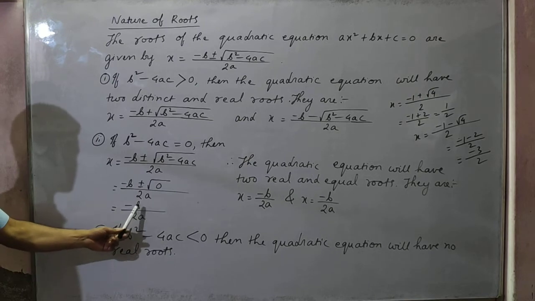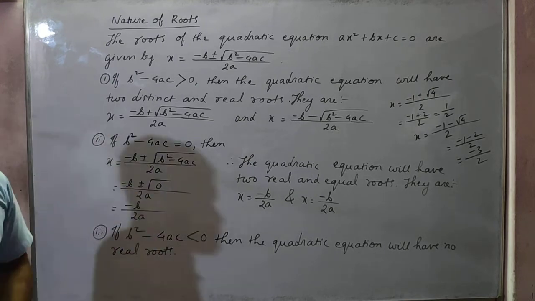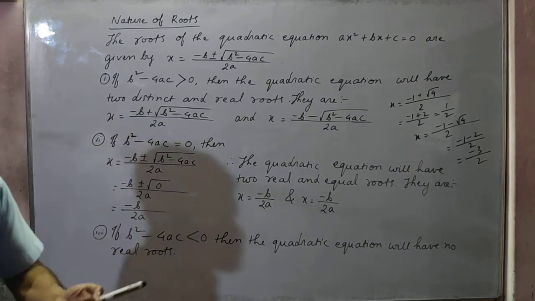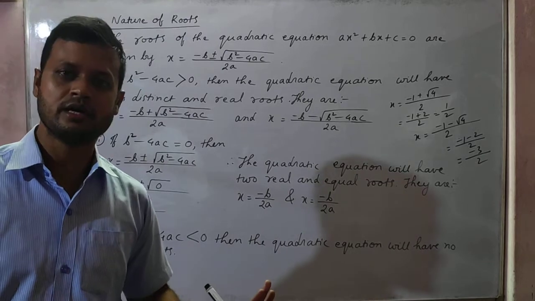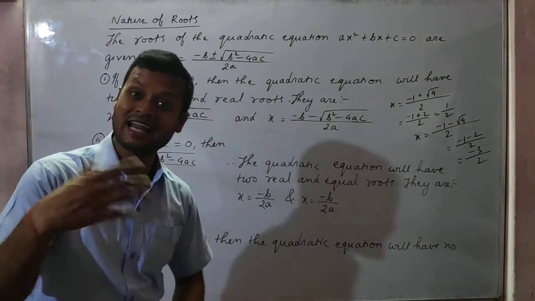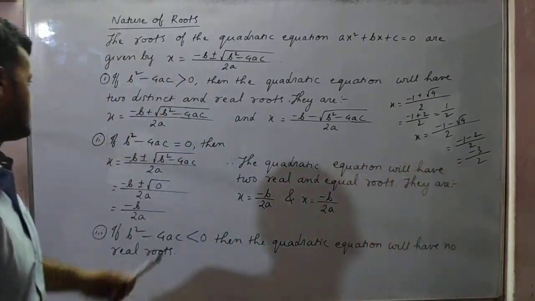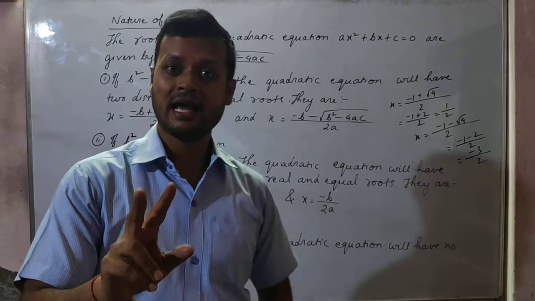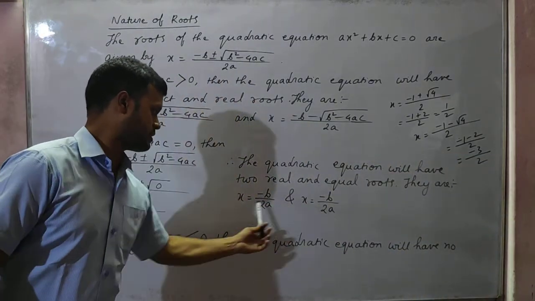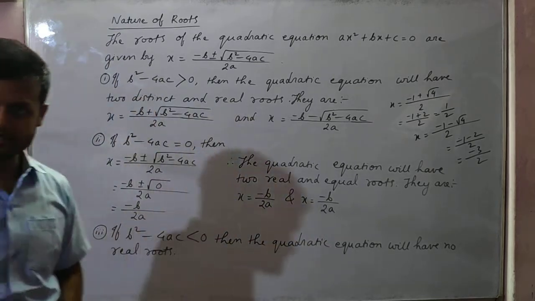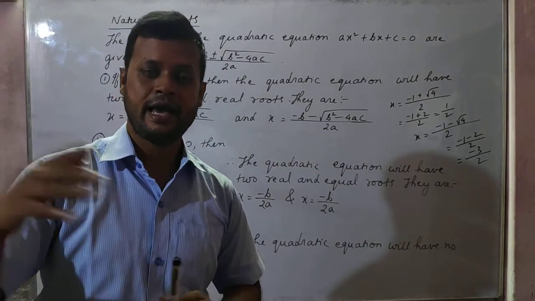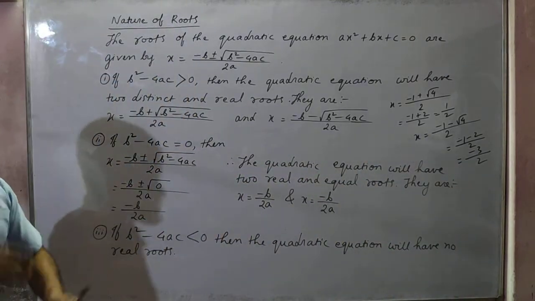Okay, minus b by twice a, because after this minus b, the plus minus sign is not there. After this plus minus we got 0, no? So plus minus 0 means what? The plus minus sign is gone along with 0, isn't it? So both the roots will be equal. The quadratic equation will have two real and equal roots. Obviously, if b square minus 4ac is equal to 0, the two roots will be real and also equal. The two roots will be minus b by twice a and minus b by twice a. See, both the roots are equal, isn't it? Because if b square minus 4ac is equal to 0, b square minus 4ac itself goes away, and along with that the plus minus sign will also go away.